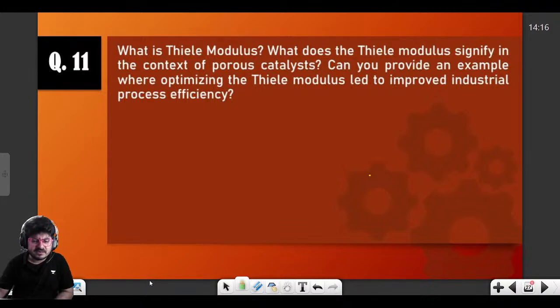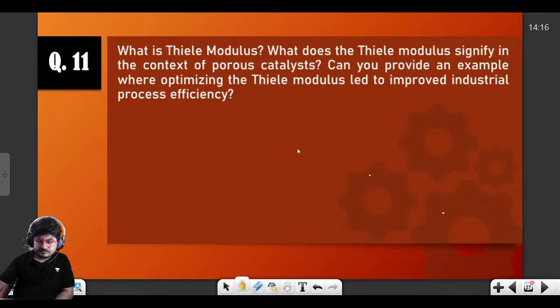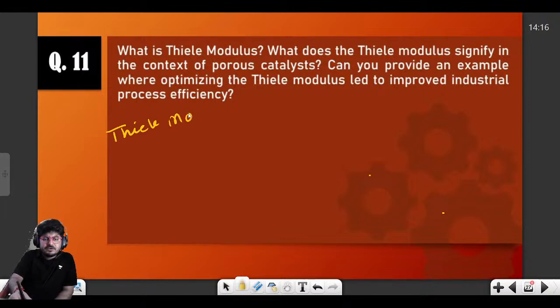So now let's start our discussion on this question. What is Thiele modulus? So you know that Thiele modulus is a dimensionless parameter used to relate the surface reaction rate and pore diffusion rate, and can be denoted by phi or mt,